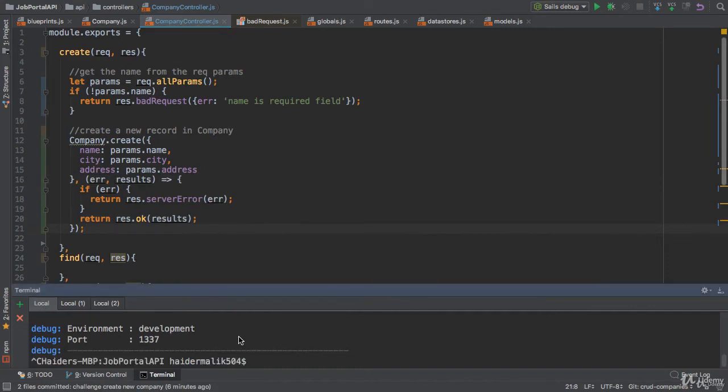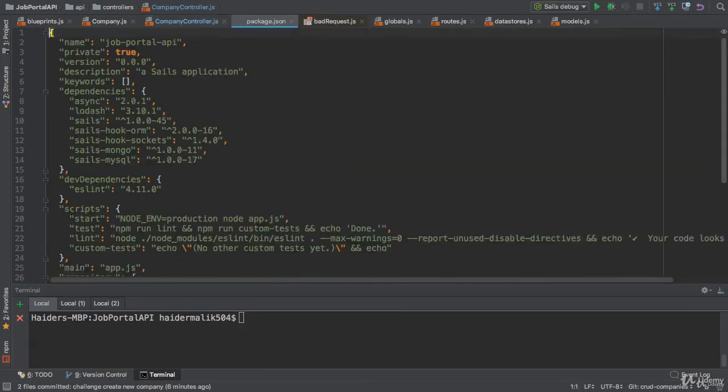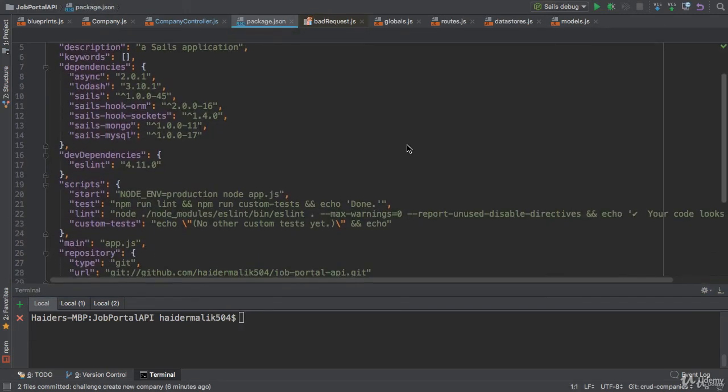So I don't want to restart the server again and again. What I'm going to do, I'm going to use nodemon. You need to install nodemon: npm install -g nodemon. If you're using Mac, you need to include the sudo keyword. It will automatically reload the project. I don't need to install nodemon, I already did it. So how do you run the project? Let me add a script here in the package.json file.